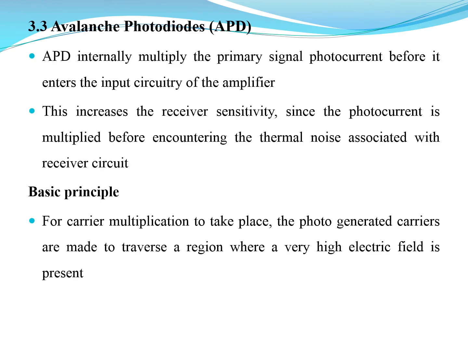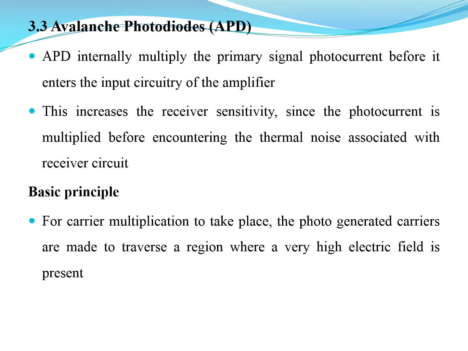Then we move on to the avalanche photodiode, in short the APD. The APD is normally used to achieve very high gain in comparison with the PIN photodiode. But in achieving very high gain, it has several drawbacks in terms of other factors too. So the APD internally multiplies the primary signal photocurrent. That is the main idea of using the APD, which can improve the performance in terms of gain.